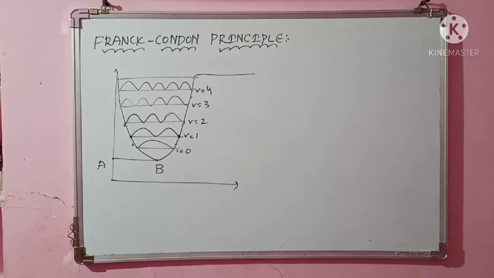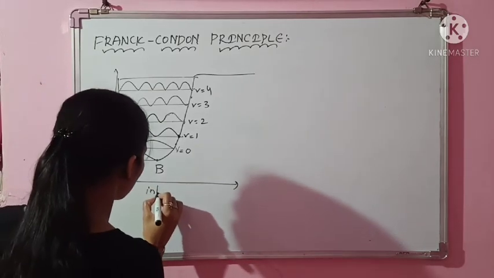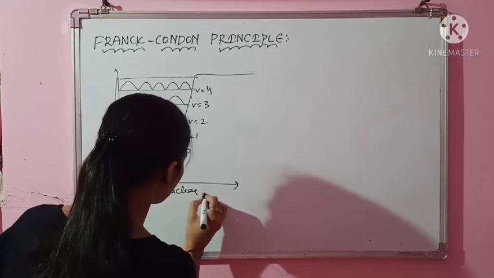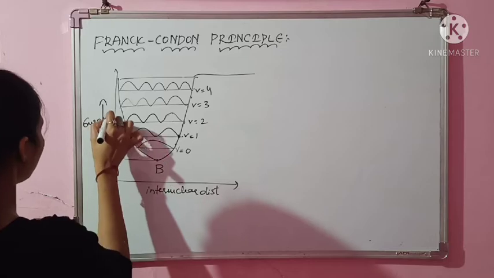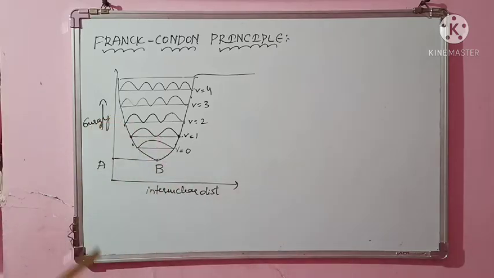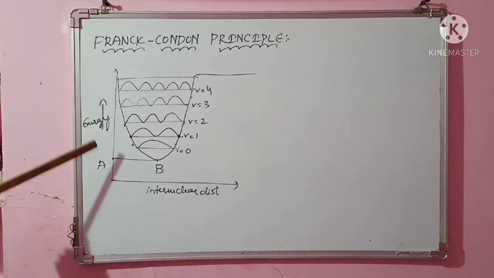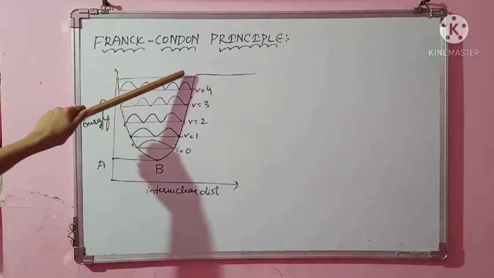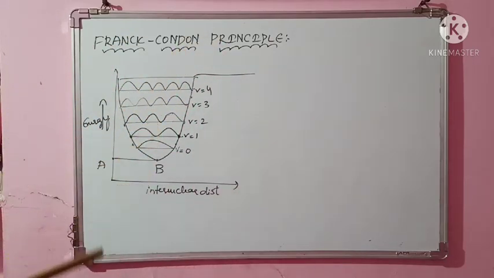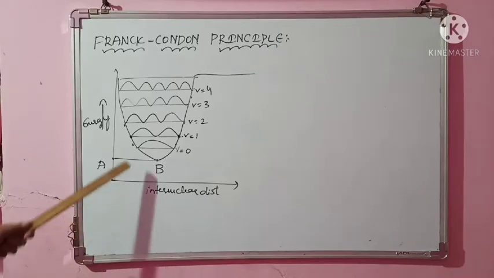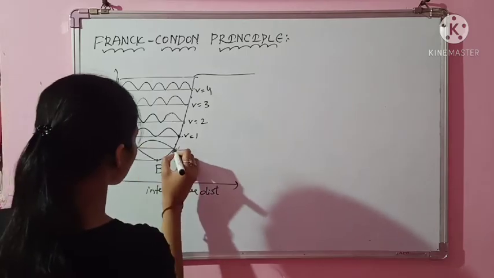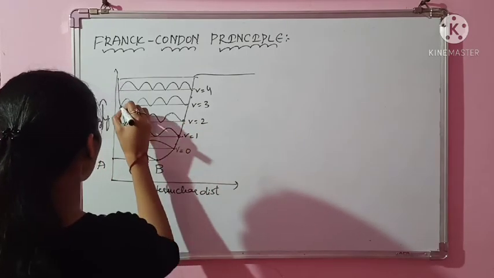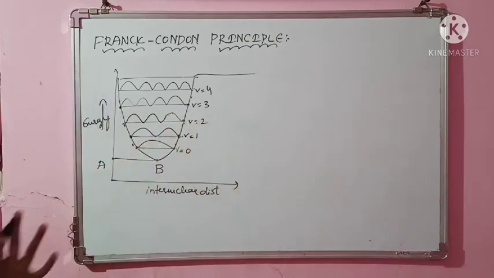Till now, this is the internuclear distance, and here I'll write energy. What you studied is that as the molecule's internuclear distance increases, it is provided energy, and at one point it will break. The bond is ruptured. This was the vibrational energy level. The probability of finding the atoms will be at the corners. These are also called turning points. Here the probability of finding these atoms will be maximum. This is according to classical mechanics.